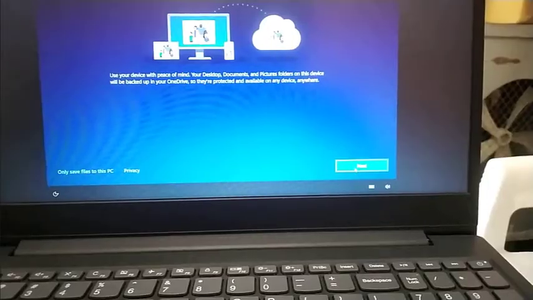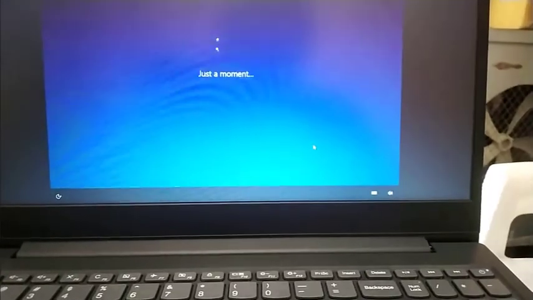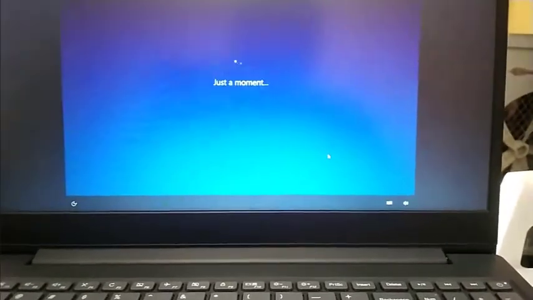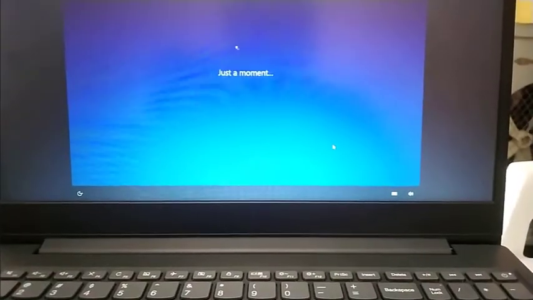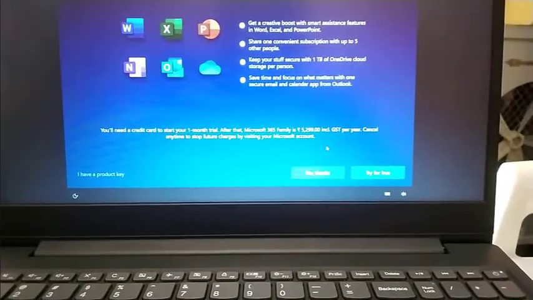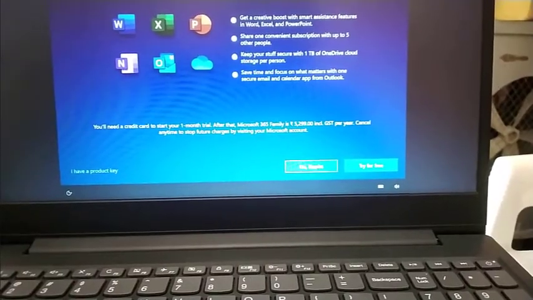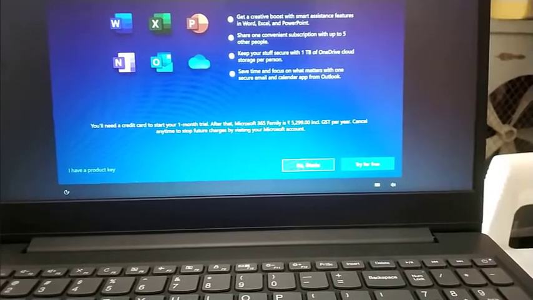So it is asking me about OneDrive. I'm saying Next. If you already had Windows 10 before and you had Windows settings there, you could use that. I'll say Next, no thanks.